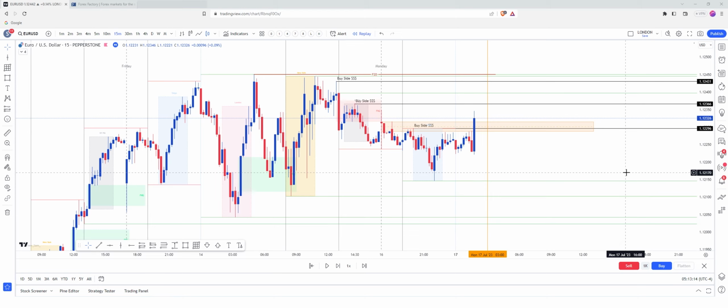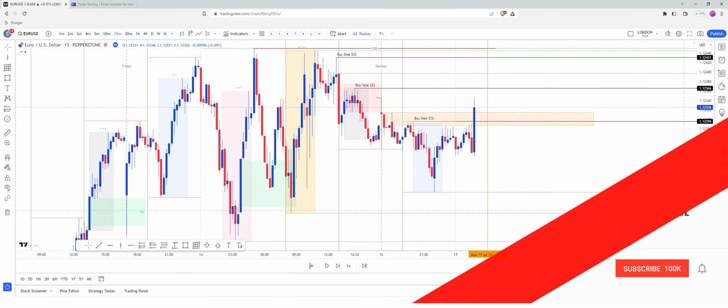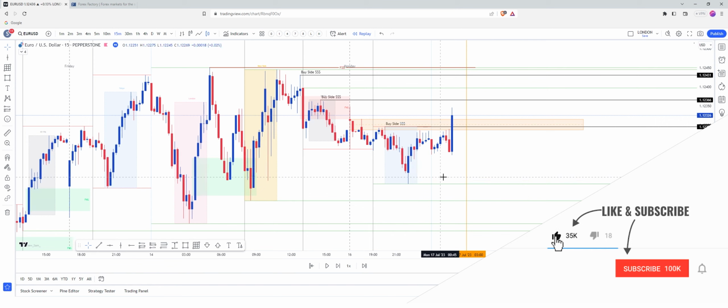In this video we're going to take a look at the London trading session on EURUSD. We're going to take into account the ICT 2022 mentorship model and also take a look at our Silver Bullet entry at 3 AM. I've marked out some buy side liquidity as well as using the liquidity tracker, which is